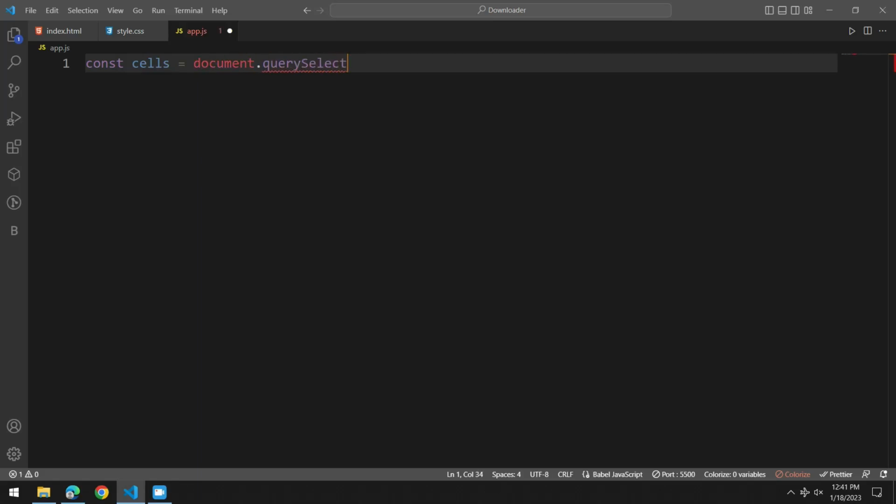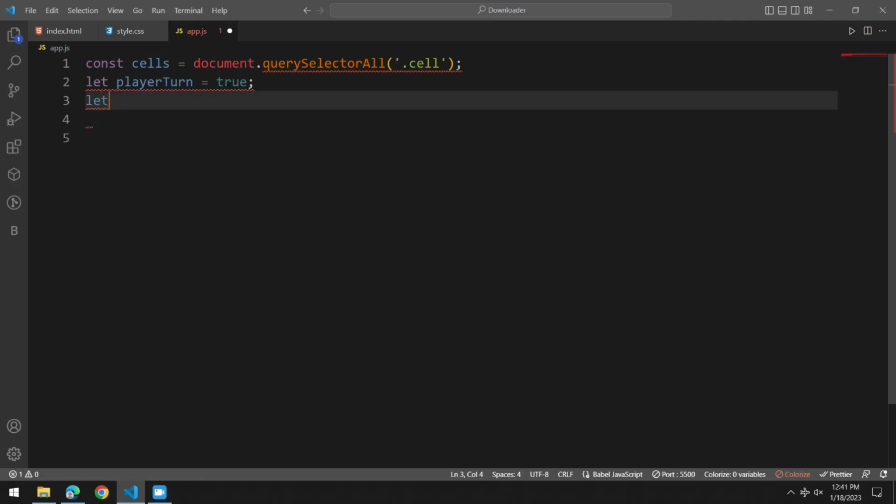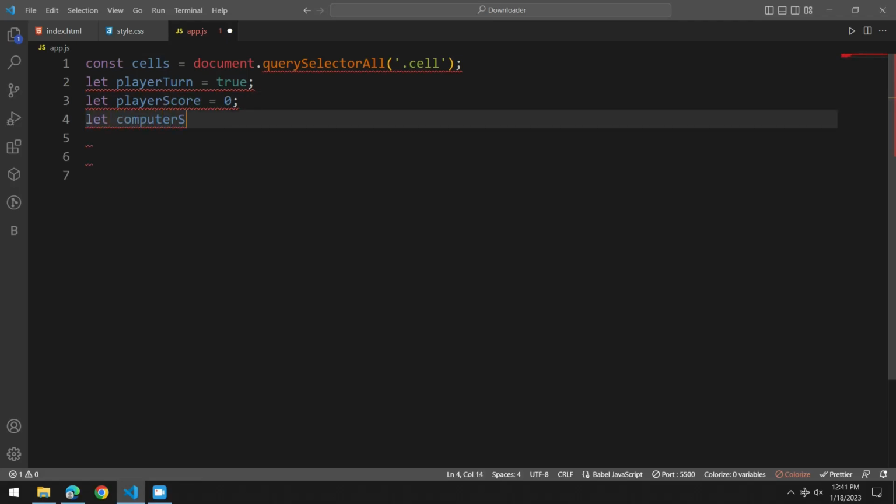document.querySelectorAll('.cell'). This allows us to add event listeners to each cell so that the player can make a move. Next, we initialize some variables that we'll be using throughout the game. Let playerTurn equals true is used to keep track of whose turn it is, the player or the computer. Let playerScore equals 0 and let computerScore equals 0 are used to keep track of the score of